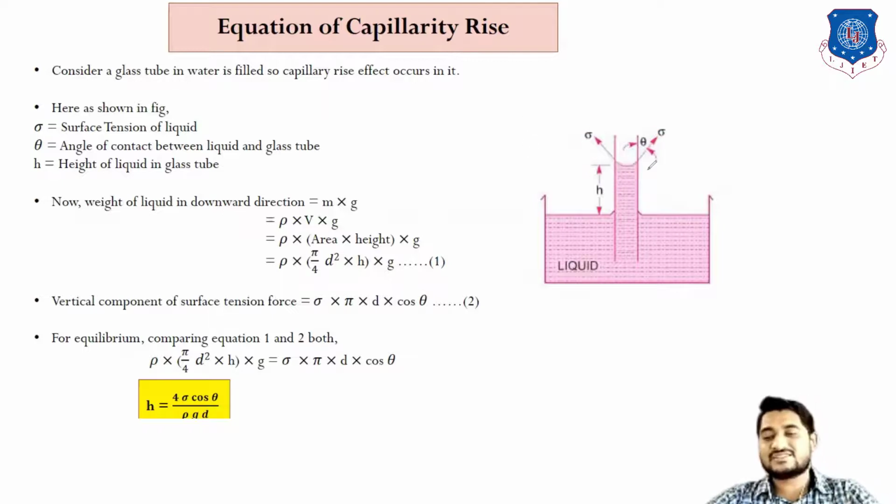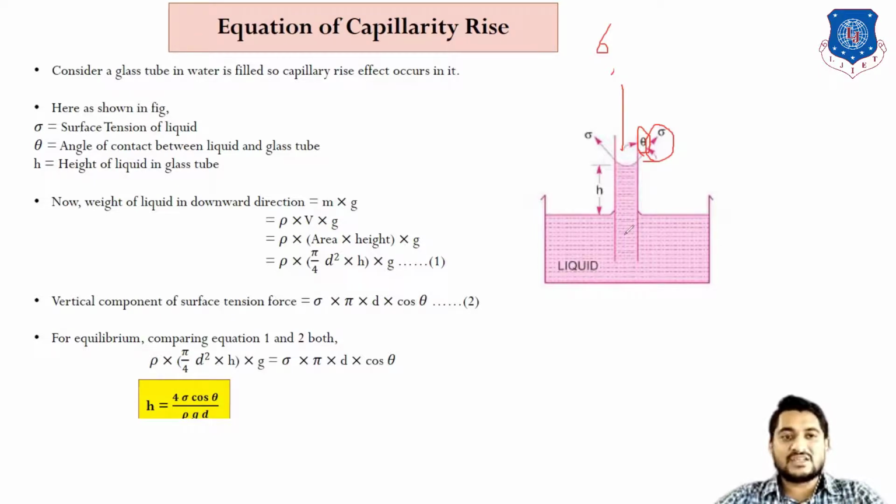So let us understand the various forces that occur in this capillary rise phenomenon. Sigma is on this side. The angle between sigma and the glass tube is theta. So we can take the vertical component of surface tension as sigma cos theta. Remember, the vertical component can be remembered as sigma cos theta. The liquid is moving upward.